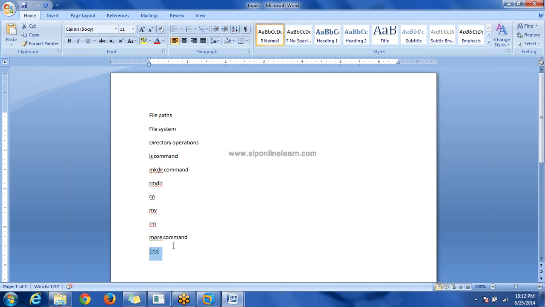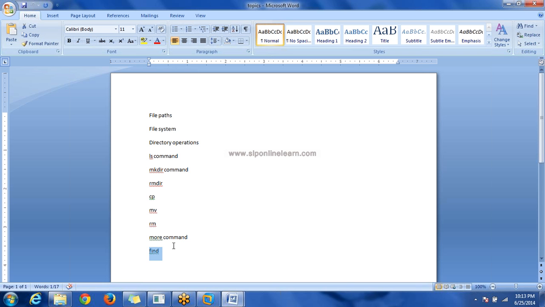What is the use of this find command? How to use this command? This is also one of the important commands which is used in real-time programming. In real time we generally use it for removing files for a particular period, suppose the files are older than 5 days or 10 days or 100 days.